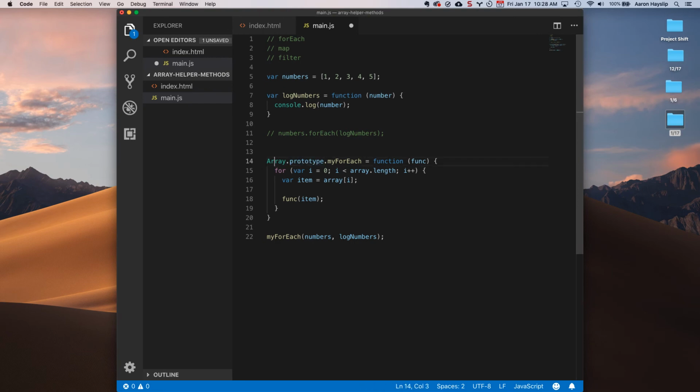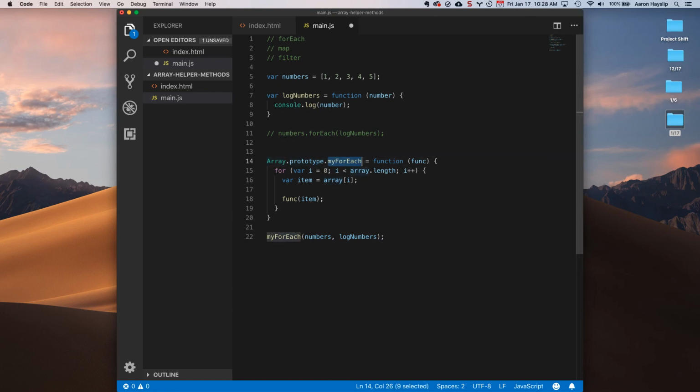So what this is going to do, if you remember, and it's not important for what we're talking about right here, is that we're adding a method to Array's prototype. So from here on out, every time I create a new array, it should have the myForEach method added onto it. Now we still need to refer to the array that this method is